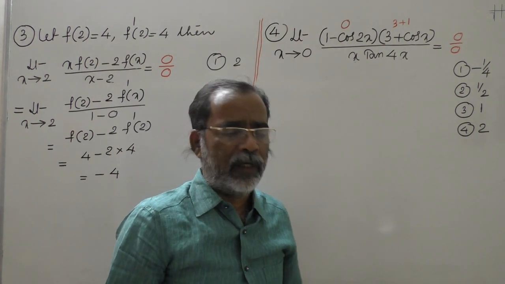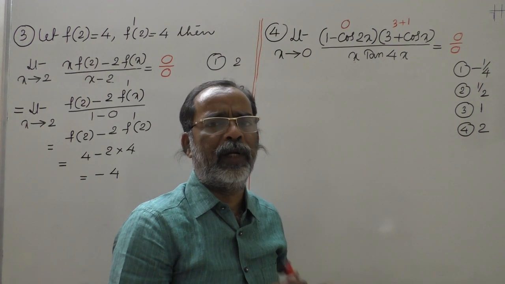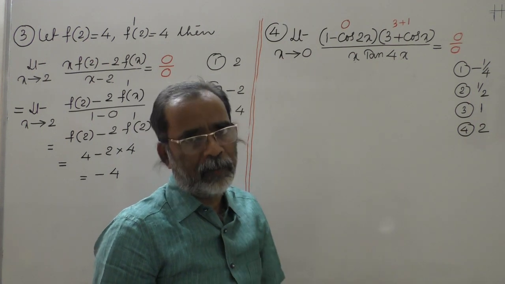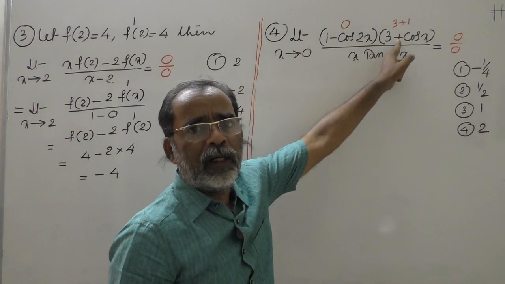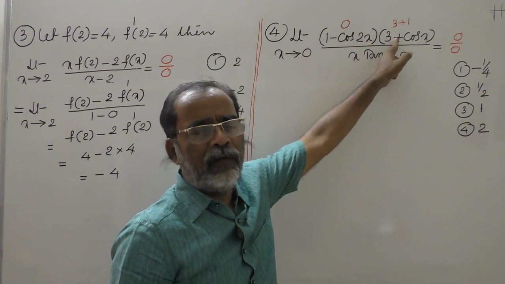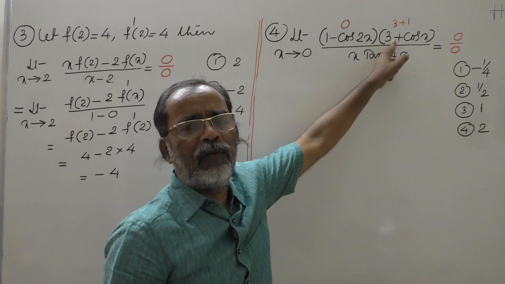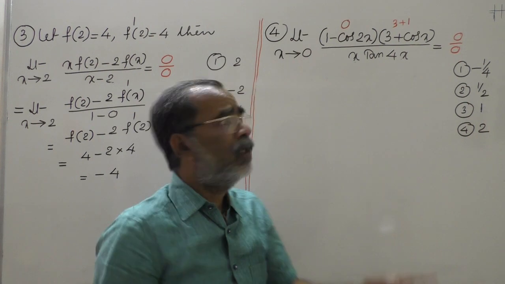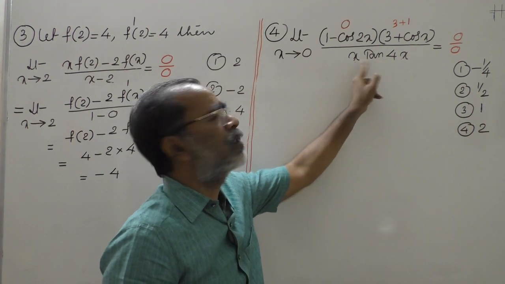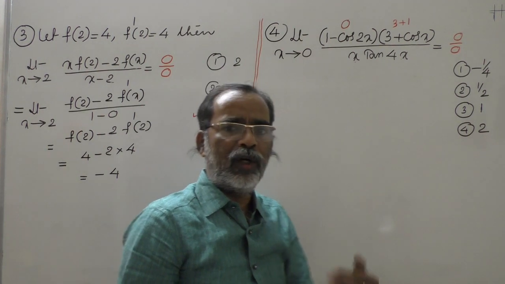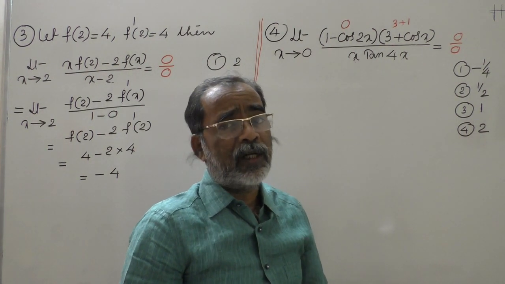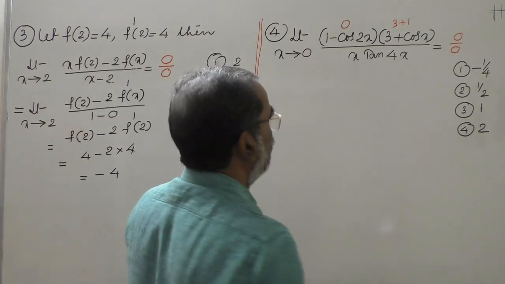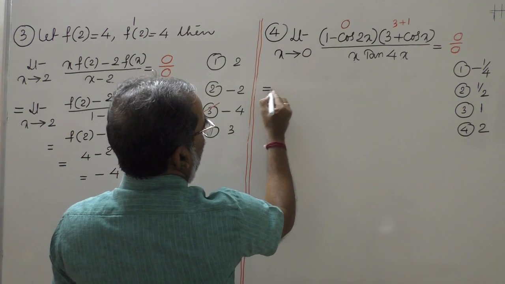What does L'Hospital rule say? Differentiate numerator and denominator separately. Here that is also not easy, that means it takes time. To differentiate the numerator, by multiplying these two you can differentiate, or directly you should apply uv: u into v dash plus v into u dash. In the denominator also two functions are there, so you should apply uv again: u into v dash, v into u dash. Sometimes L'Hospital rule also takes time. For that you can adopt other methods: direct methods, standard limits, etc.